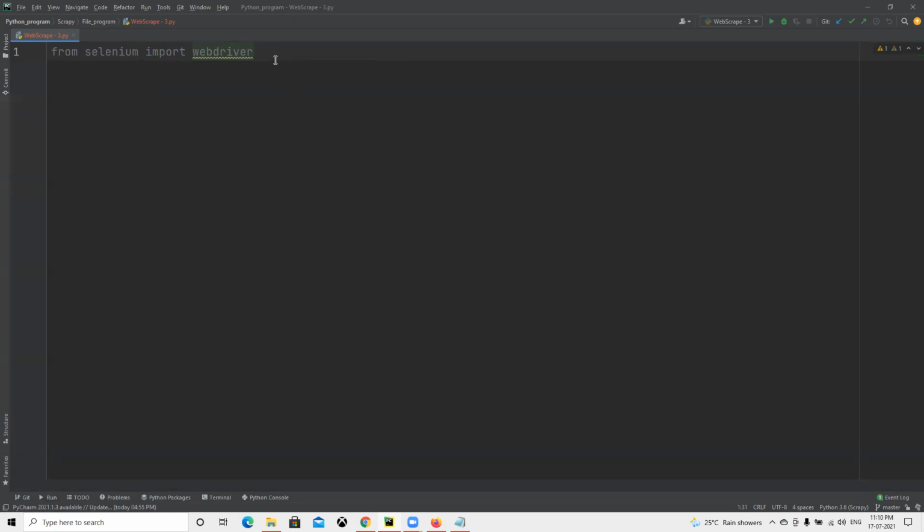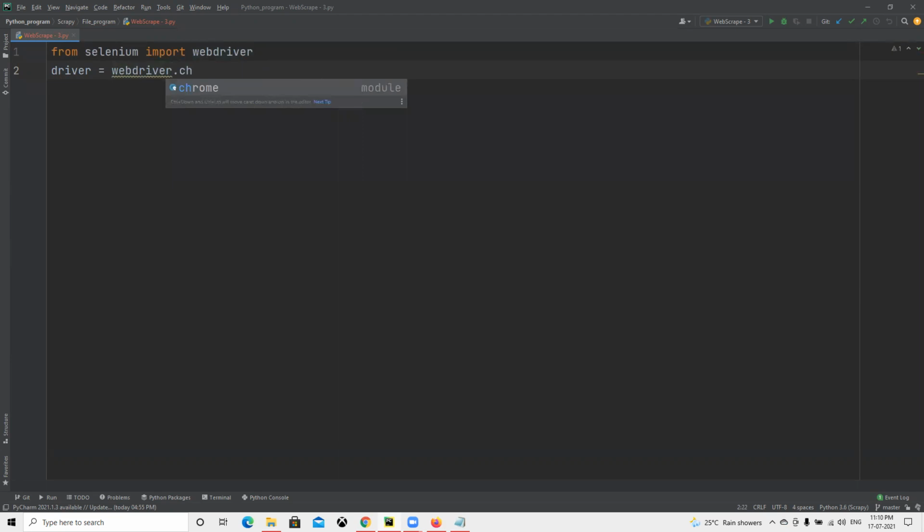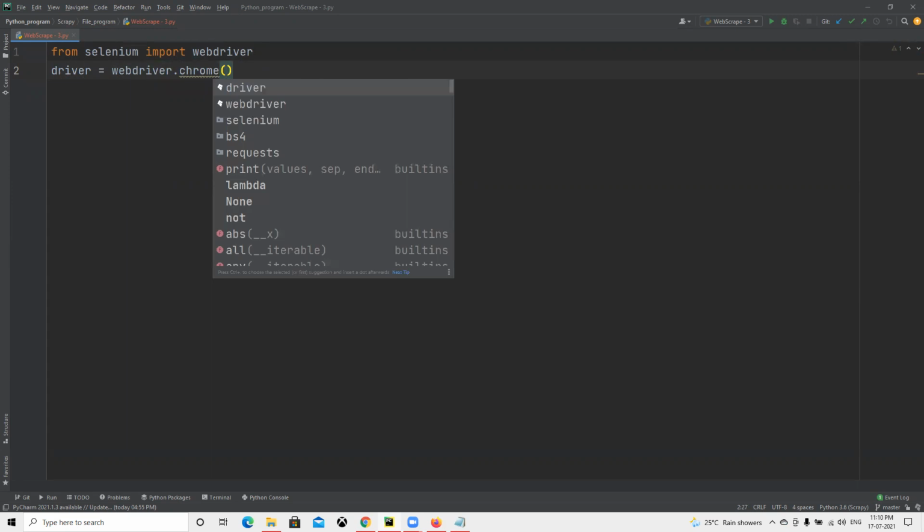Okay. Now the second step is that we need to open the driver. So I can take a variable, driver equals webdriver dot... Now I will try to execute this again.